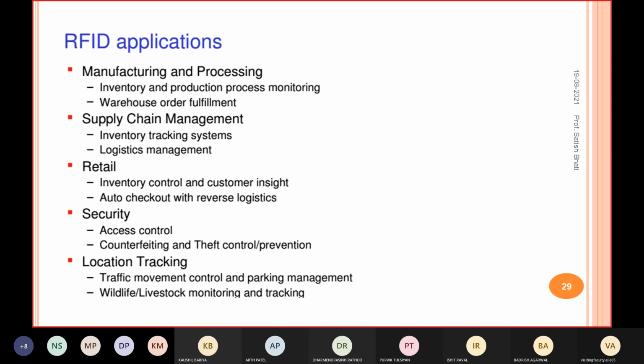In the retail store, the application is that on all the items you paste an RFID tag, and once some person collects all those items, and when that person goes out of the store, or you create a checkpoint where the person will reach automatically, you collect the data from the tags, like what is the price, and you make the bill, and directly that person will get the bill amount.